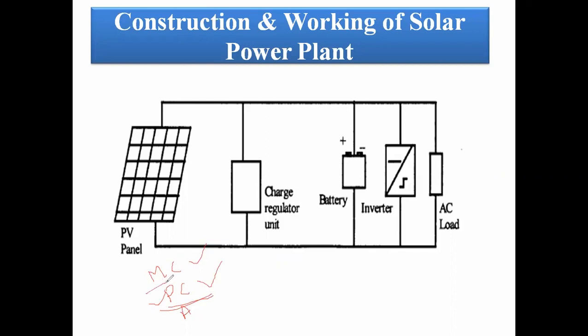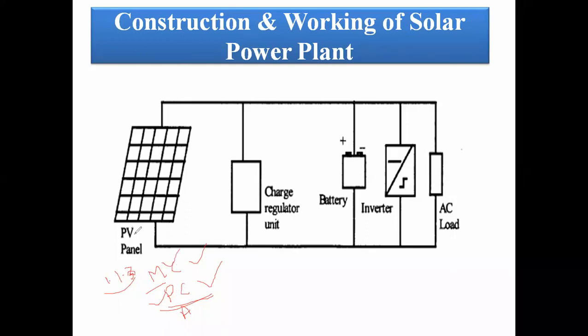But in the US, Japan, and China, the solar radiation is less. They can generate power with the solar power plant for only 1 to 1.5 hours. But in India, we can generate it 6 to 8 hours per day. On average, we can generate power 4.5 hours per day. For that reason, no need for monocrystalline material; we go for polycrystalline material.